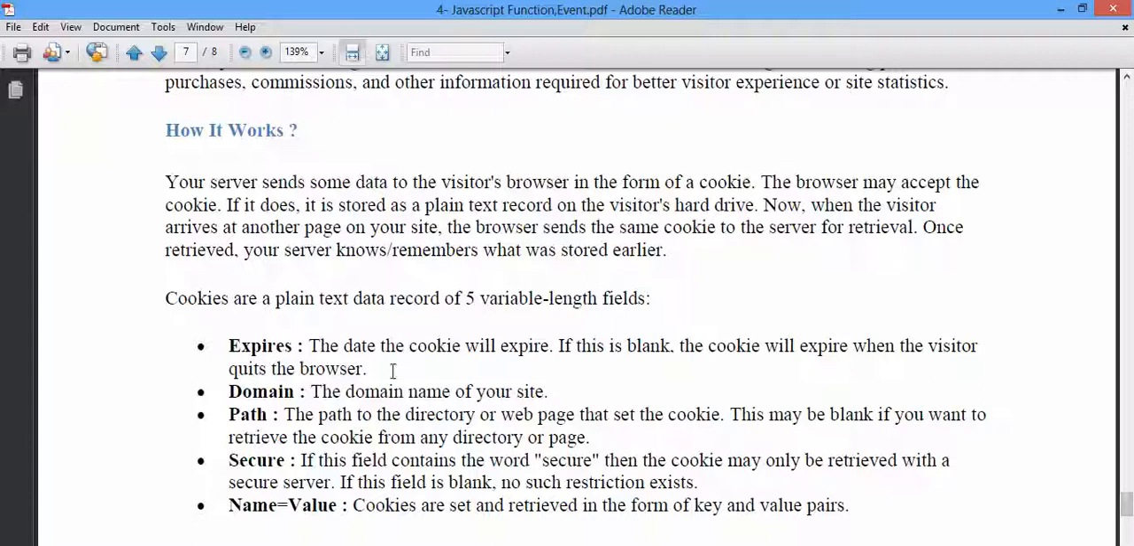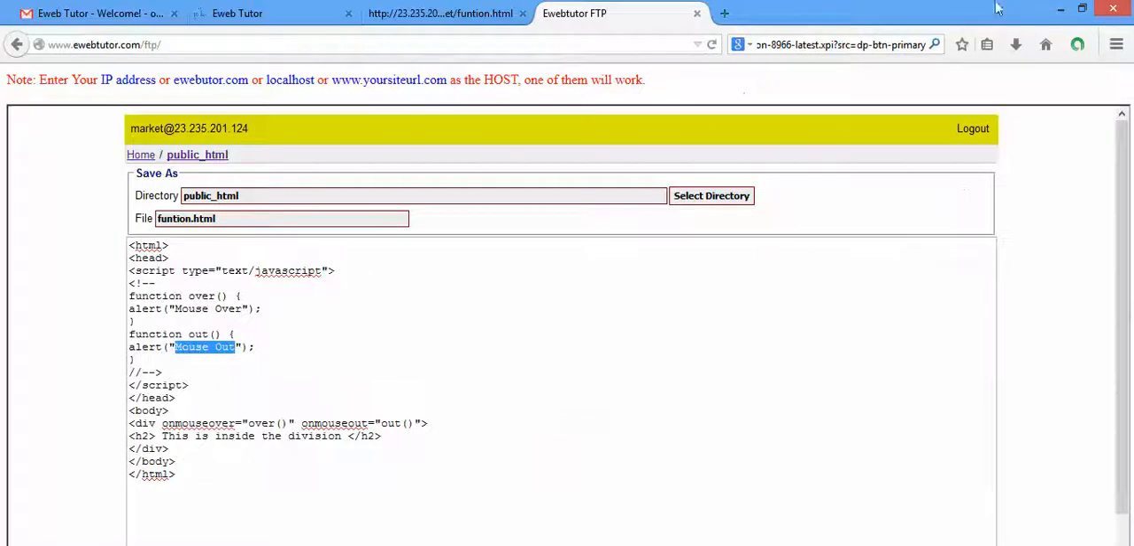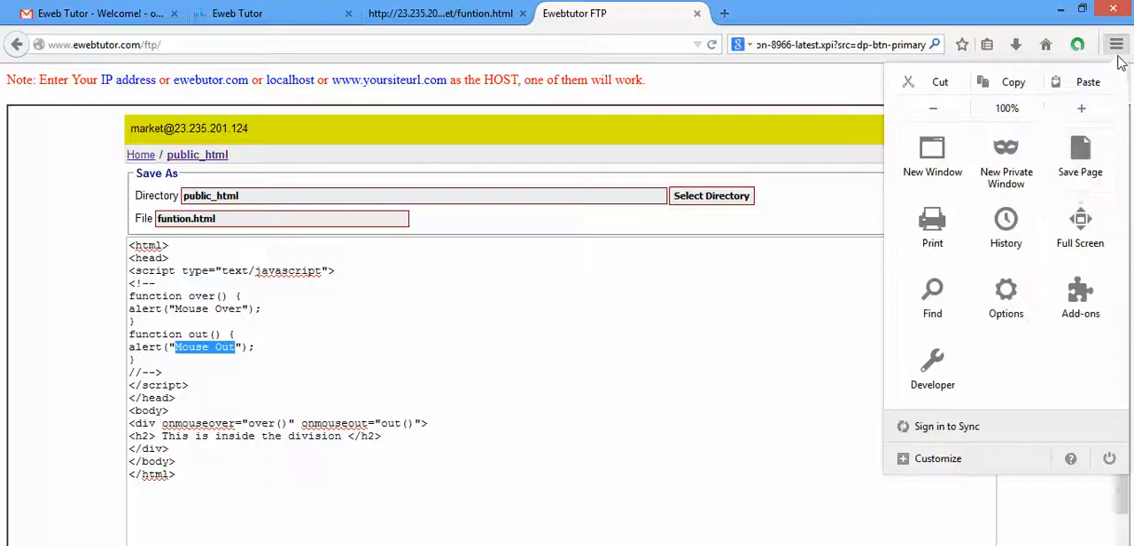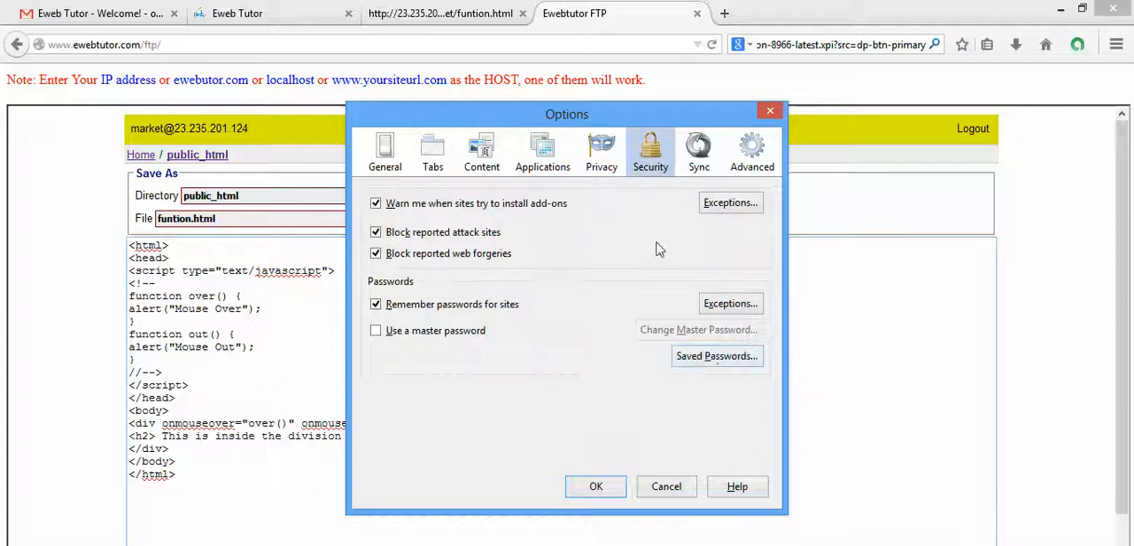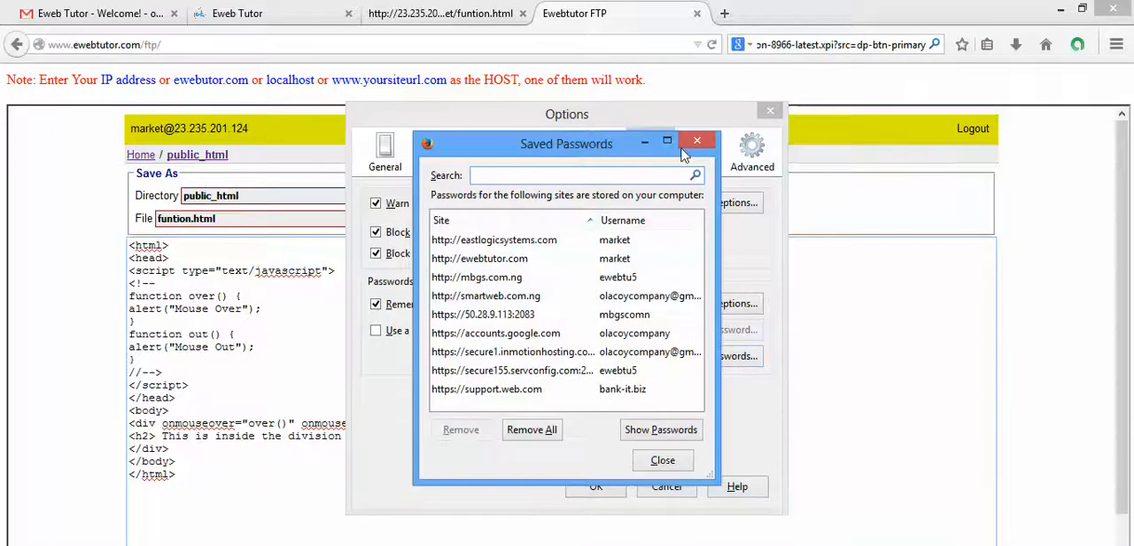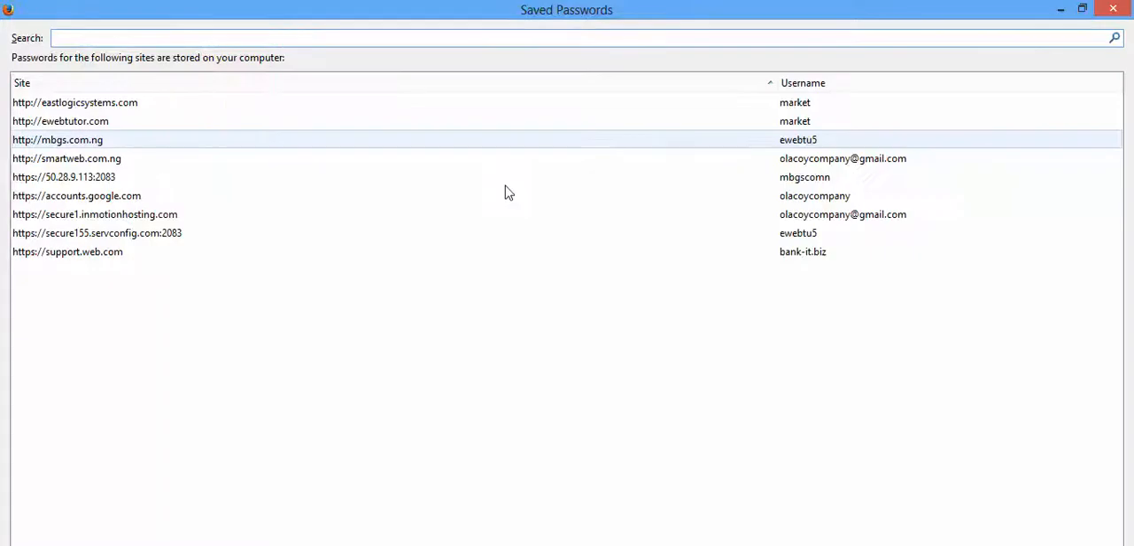So let me just show you an example of how cookies are stored in Mozilla. Let's go to the options. So let's go to the security, save password. So this is also an example of cookies. Can you see? Here now, this is the